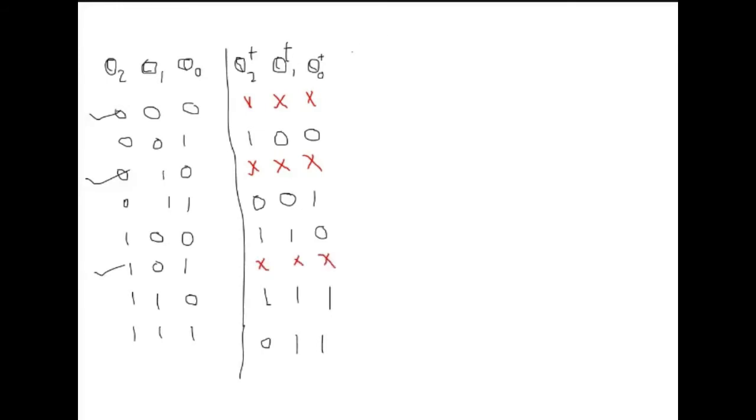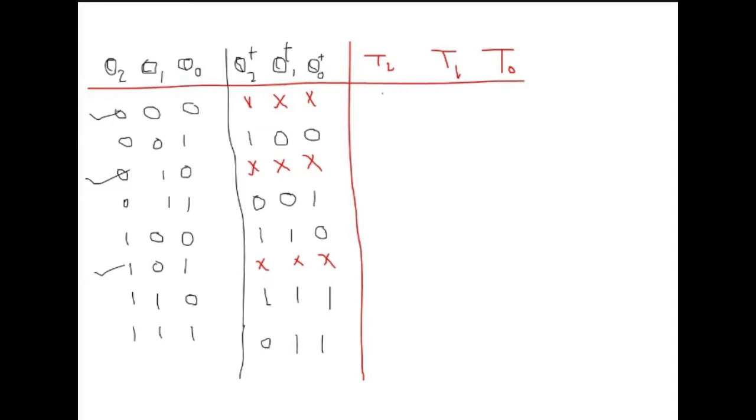So suppose I am using the JK flip-flop, or you can use a T flip-flop as well. It's up to you. So let's take T2, T1 and T0. This we need to find. First, the don't cares will be adjacent because these are the don't cares for us. Now let's complete this table. For T2, I will be checking Q2 and Q2 plus.